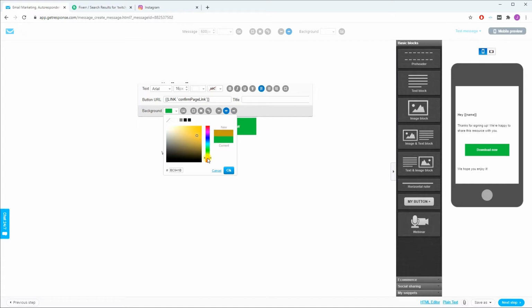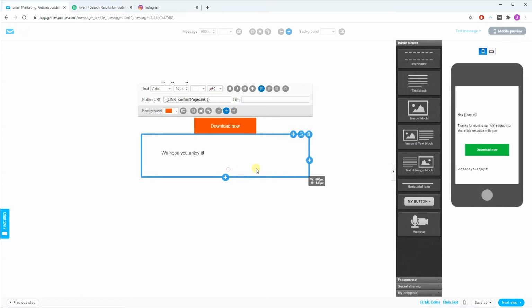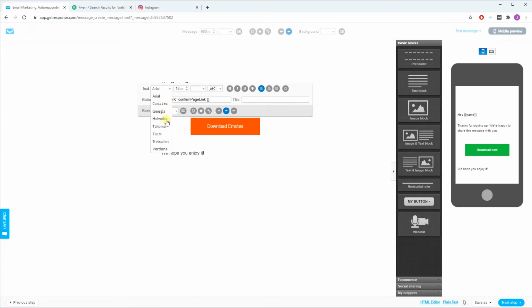Let's make it orange. No, you know what? Hard to get the right color that I want here. Yeah, that works. Download emotes. Okay, we'll change the font to something else. I don't like the way that looks. Something simple. You don't need to customize this too much, but just make it a little bit more, you know,